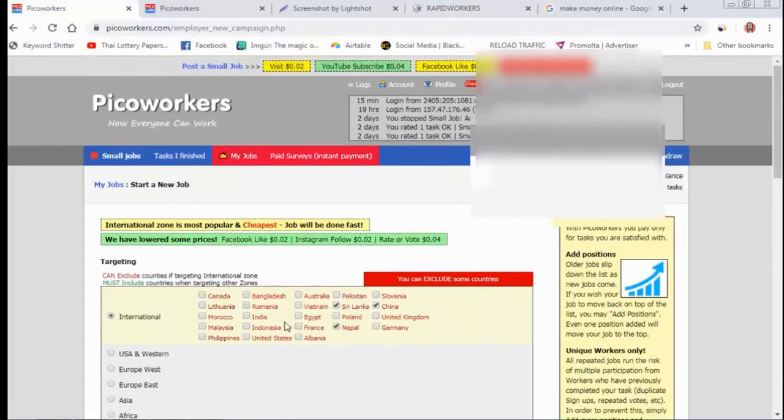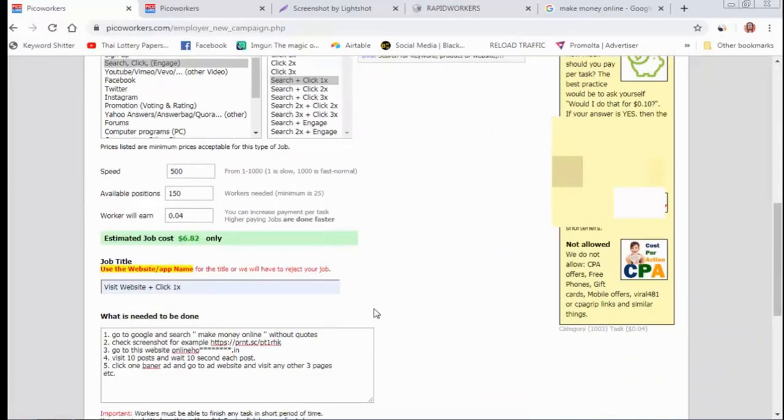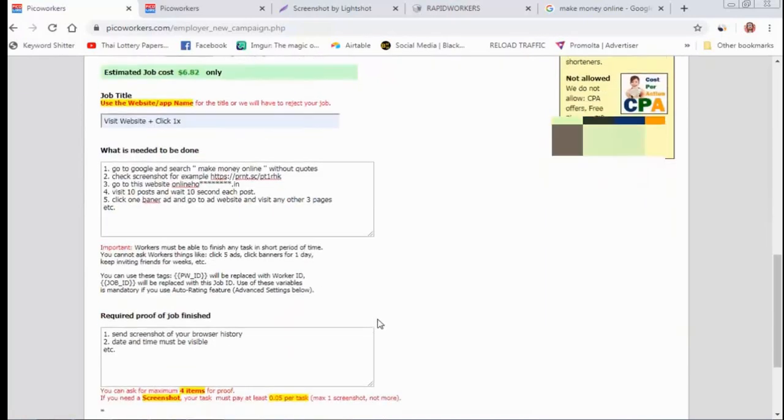I hope this tutorial is very good for you. With this trick you can earn thousands of dollars from Google AdSense. This is the pure black hat technique that I have used for the last 6 months. From these 2 websites, I have earned a lot of money on my Google AdSense account.